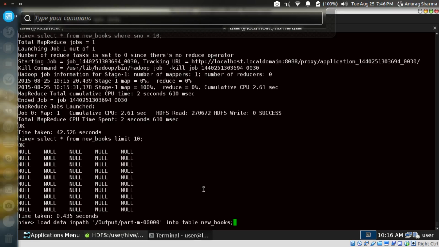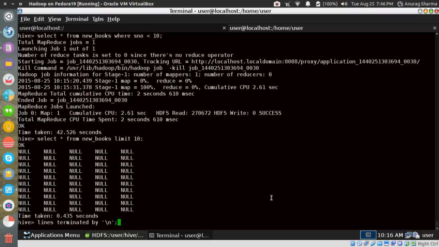What's wrong? Okay, fields terminated by a comma which was wrong. Now just see this, the mistake that I did was I gave the delimiter as a comma which is wrong. It should have been a semicolon. Now if I happen to drop new underscore books, the data would also be dropped.